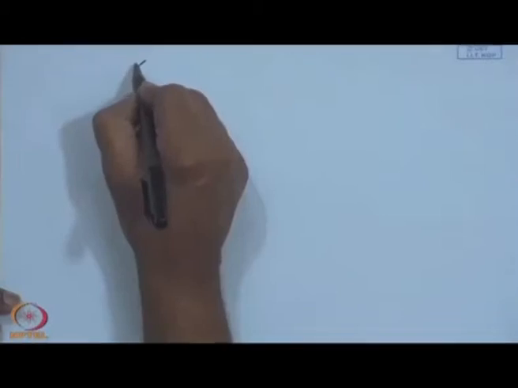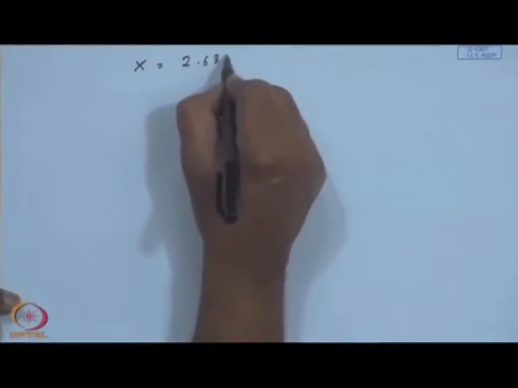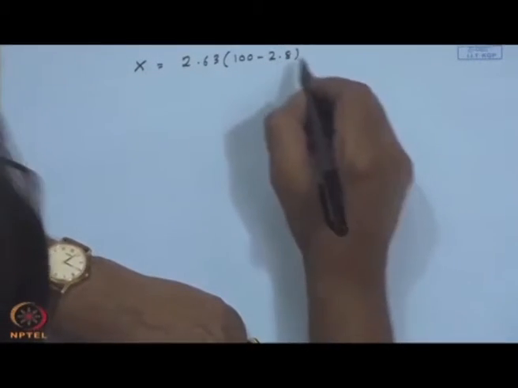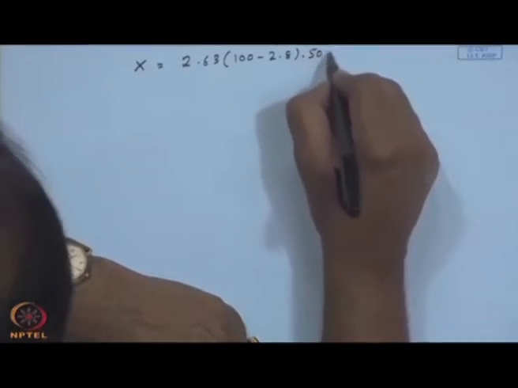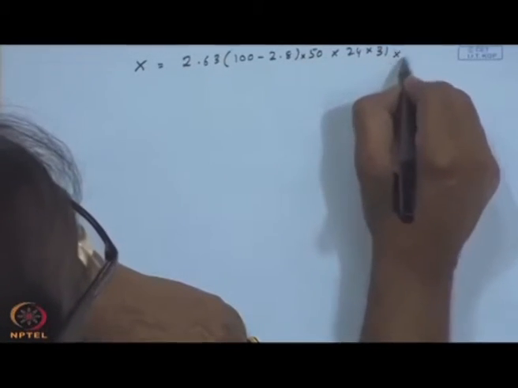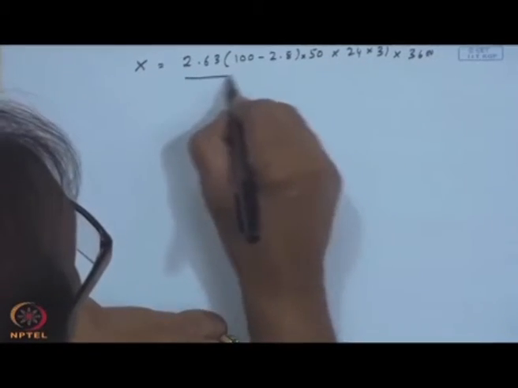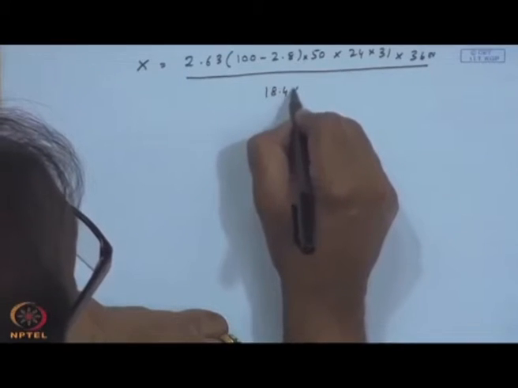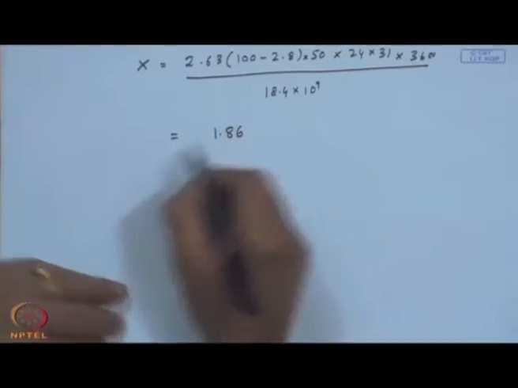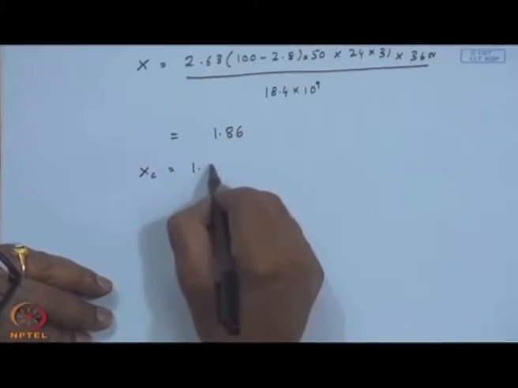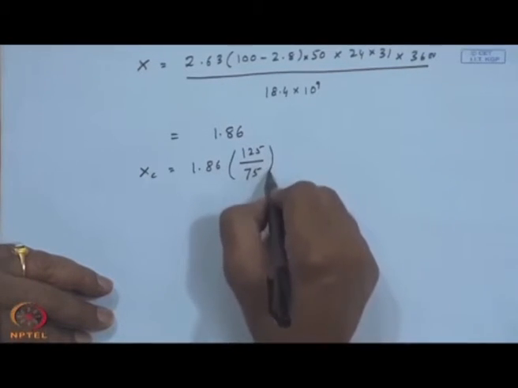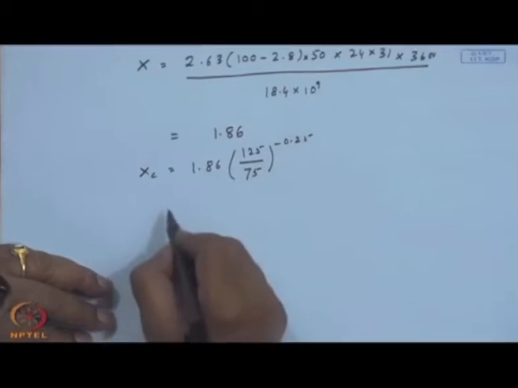So, first X will be 2.63 into 100 minus 2.8, which we have calculated while calculating the degree days, the average temperature, times 50 times 24 into 31 into 3600 by 18.4 into 10 to the power 9 joules. This will be 1.86. So, X c will be 1.86 times 125 by 75 to the power minus 0.25, which will be equal to